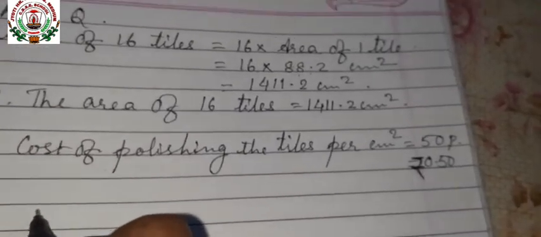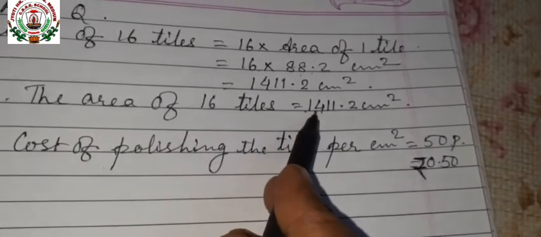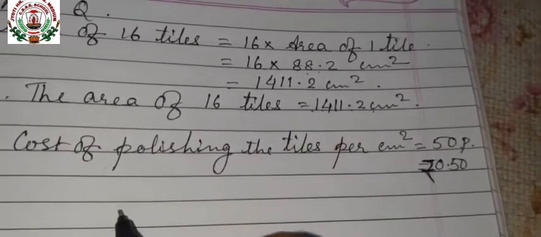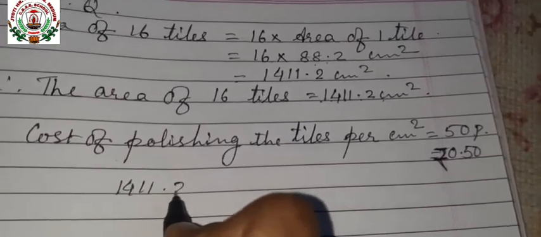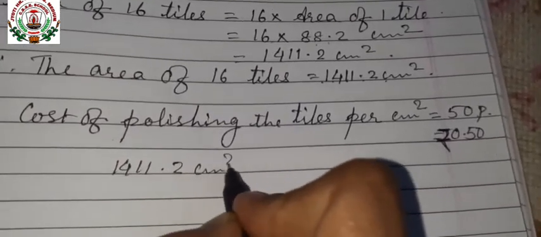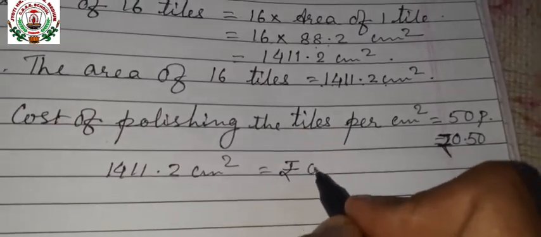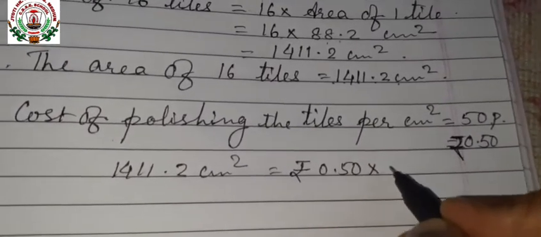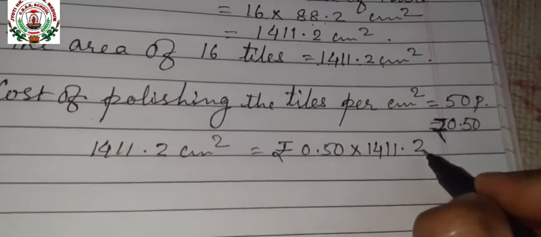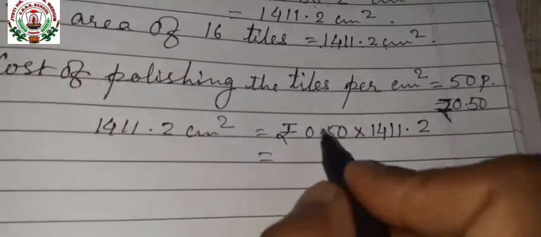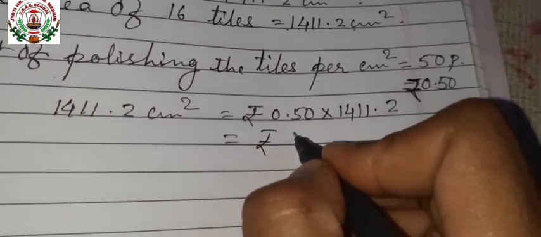How many area of tiles are there? How many cm squares are there? You can see 1411.2 cm square. So you can write 1411.2 cm square. Cost will be how much? Rupees 0.50 into 1411.2. On multiplication of these two, how much we'll get? That is rupees